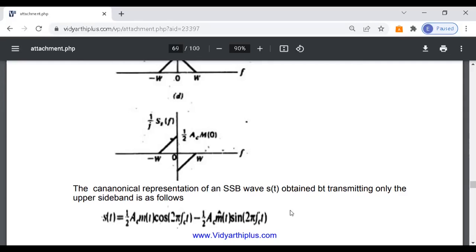Sorry, it looks similar to the one we were doing before, double sideband, but you have halves now, so the constant we would have AC into